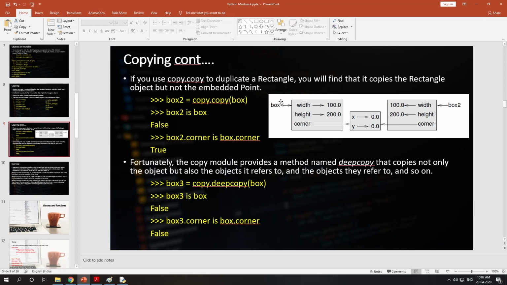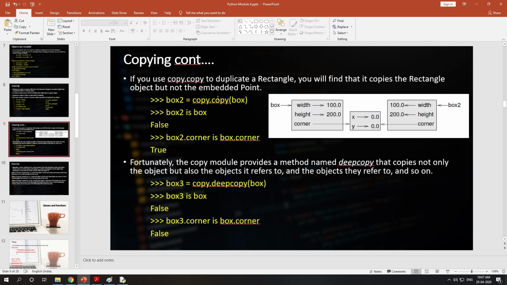Here box is an object of the rectangle class and box2 is also an object of the rectangle class, and you need to copy box into box2. At that time you are using box2 is equal to copy dot copy box.